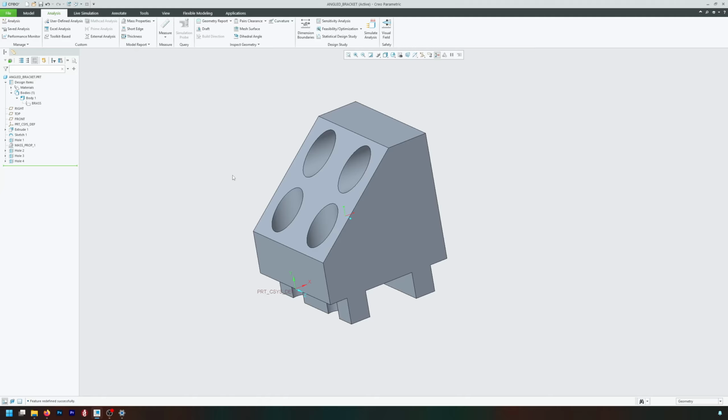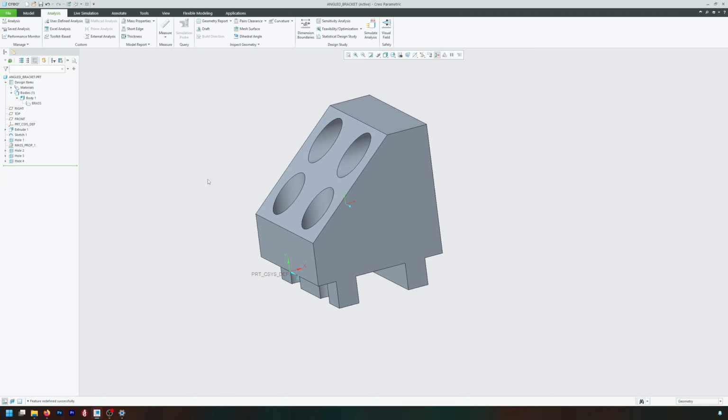All right, folks. In this video, I'm going to show you how you use the measuring tool in Creo Parametric. Let me just go ahead and delete this son of a Budweiser here. So the measuring tool in Creo Parametric is really interesting. It has a couple of things that not a lot of people know about, and I want to alert your attention to them. Before we go any further, though, there is one thing that I'm going to ask you to